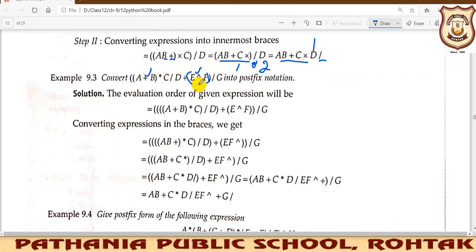After brackets we have the precedence, the importance of this exponential. This is your exponential sign, e raised to power f, we are writing like this. Once you have written this, next what you will try solving, multiplication or division? Obviously multiplication. So again put another bracket, so that you may be able to solve this expression also.